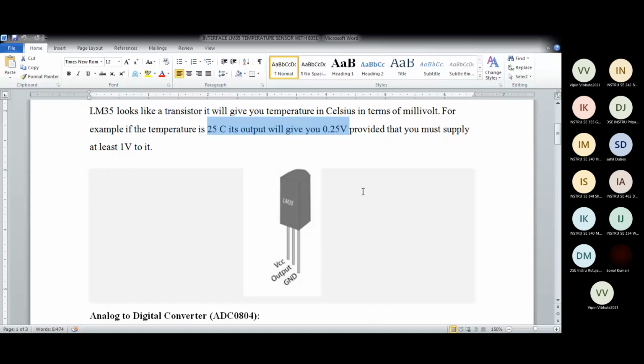You should give a minimum 1 volt supply to it; it goes up to 5 volts, 10 volts. It is a 3-pin device. One is VCC, the other is the ground pin, and the center pin is for output. Here you get your analog output.